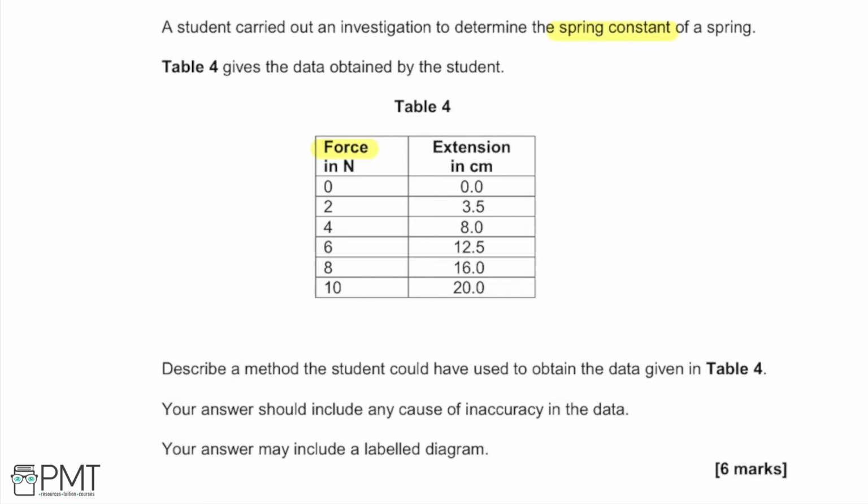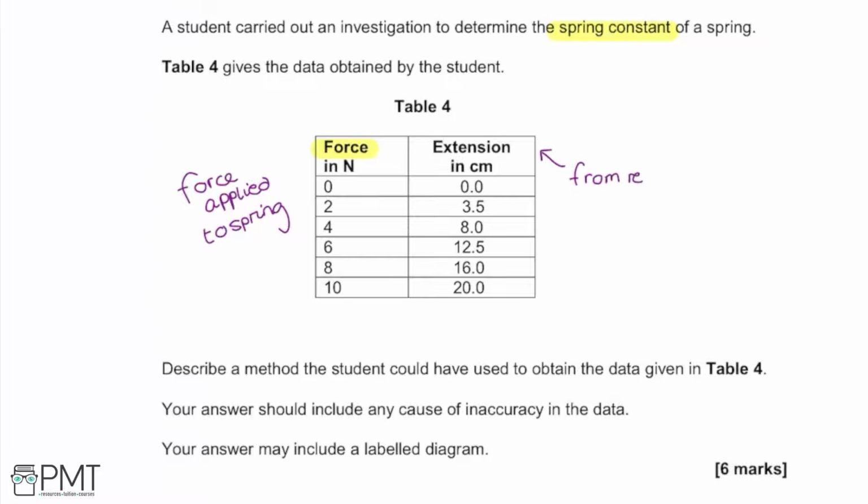which from this kind of spring constant experiment that we've probably done before at GCSE, we're going to realise is the force applied to the spring. And then the extension of the spring, which is measured in centimetres in the right-hand column, is going to be how much the spring has extended from its equilibrium, its rest position,